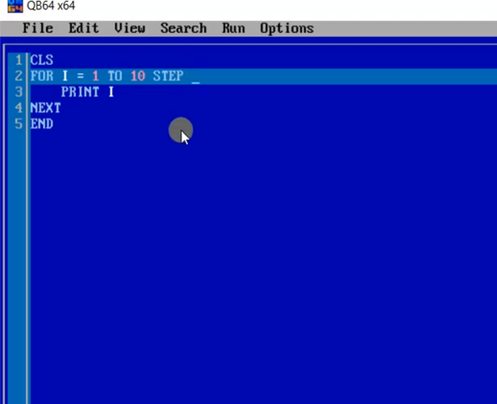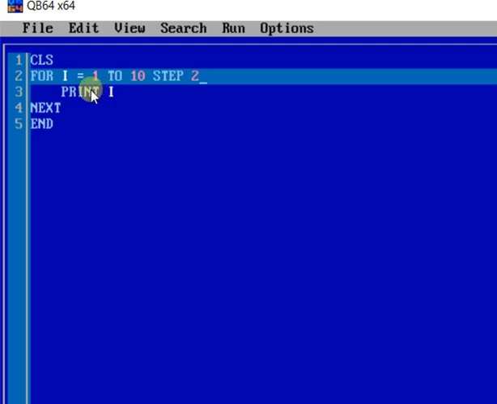So if I give the step as 2, then the initial value of I is 1. In the second repetition I will be incremented by 2, that is, it will become 1 plus 2 equal to 3. So the next value of I will be 3.